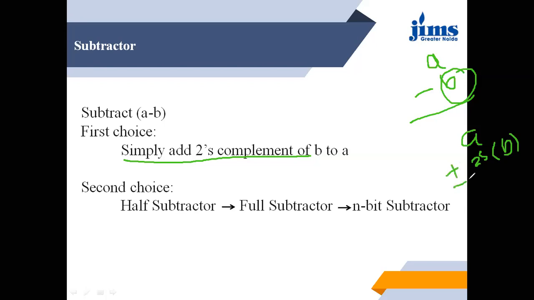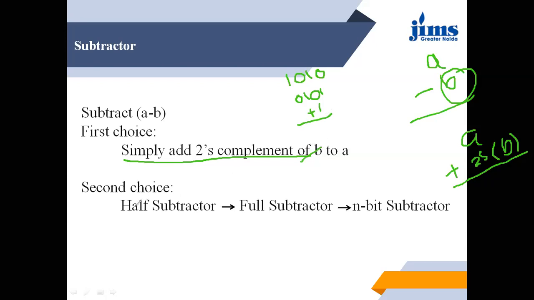I will discuss how we can find the complement. One's complement is the reverse of all the digits. Suppose a number is 1010, then the one's complement of this will be, we have to reverse all the digits, that is 0101, and to find the 2's complement we have to add 1 to this. So this is the way to find the 2's complement. So this is one way.